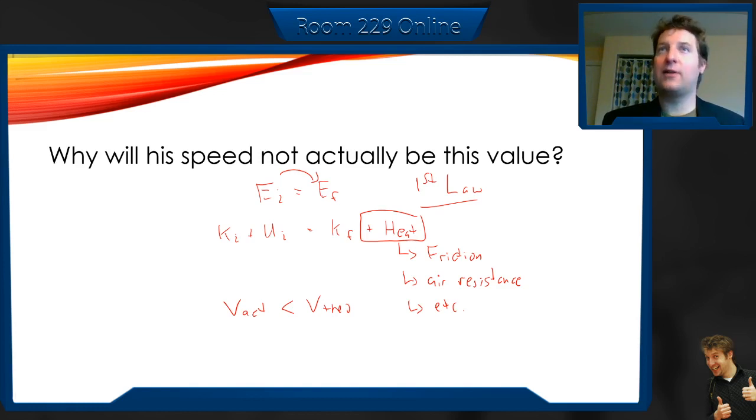Like having to move the air out of the way. The faster you travel, the more difficult it is to move the air out of the way, the more inertia there is from that air. You feel that, right? If you move your hand slowly, you don't feel the air, but if you move your hand quickly, you feel more resistance. You stick your hand out of a car, you can feel all the air trying to get out of the way, and you're doing work on that. You're pushing the air out of the way, increasing the kinetic energy of the air. And for you to increase the kinetic energy of the air, you have to lose some of your kinetic energy. This is a little bit farther into what we're going to talk about in the next unit. So there's always going to be some loss.